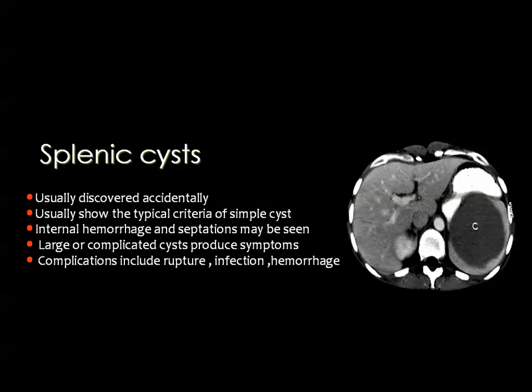The negative findings are no septation, no calcification, no enhancement, no mural nodules. And these are the criteria of the typical benign simple cyst anywhere in the body. Then the complications of a simple cyst are three: either rupture if it is large, or secondary infection, or internal